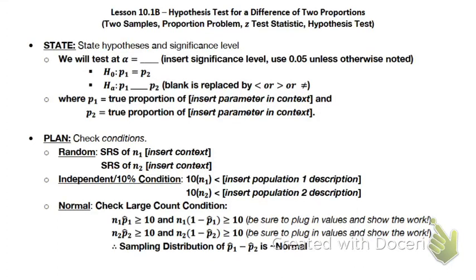So we have been talking about hypothesis testing. We went through and did the one proportion z-test. That was when we were testing a claim about a population proportion. And then we did a one mean t-test, and that was when we tested the claim